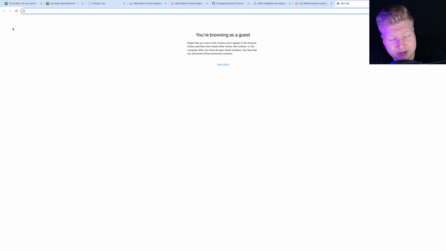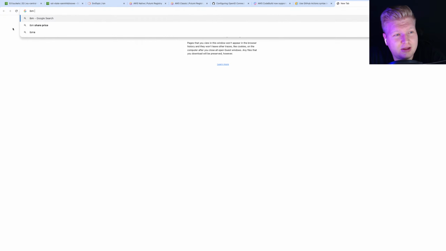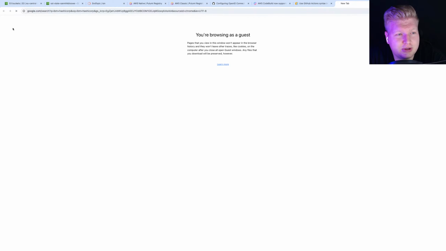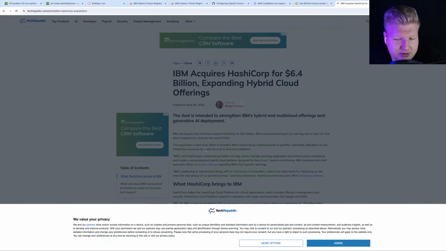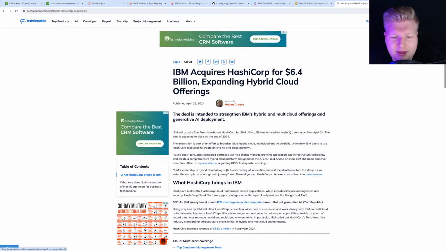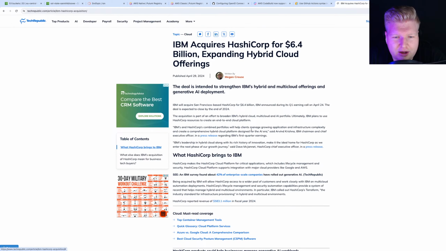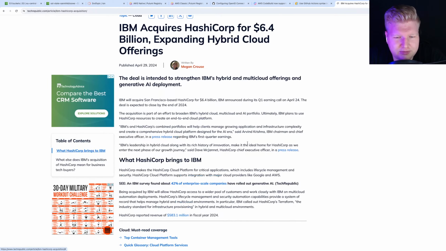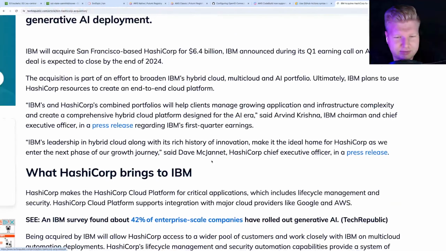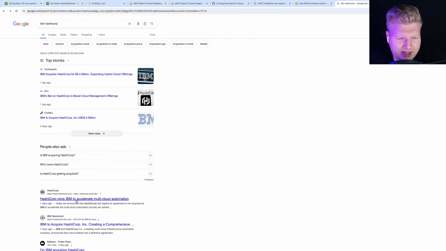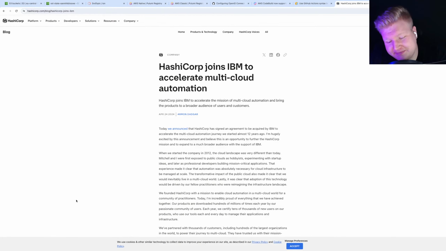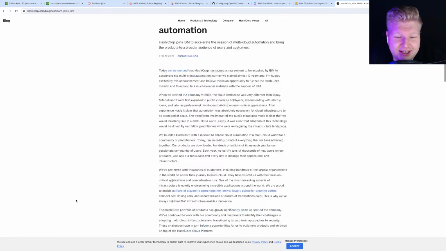For those who haven't heard, IBM is buying HashiCorp. HashiCorp is the company which created Terraform and owns Terraform and is maintaining Terraform. And a couple of months ago, they brought up this thing with the BSL, the business license, which everybody hated, and now here we go. HashiCorp is being sold to IBM. So I wonder where it came from, right?